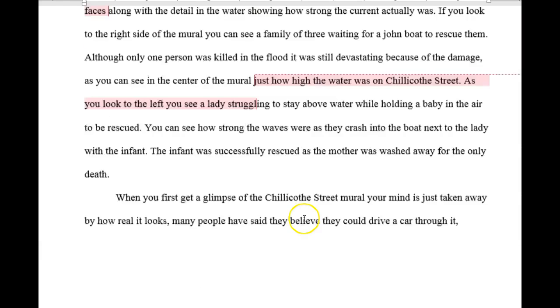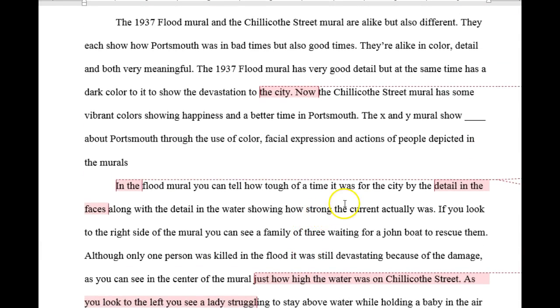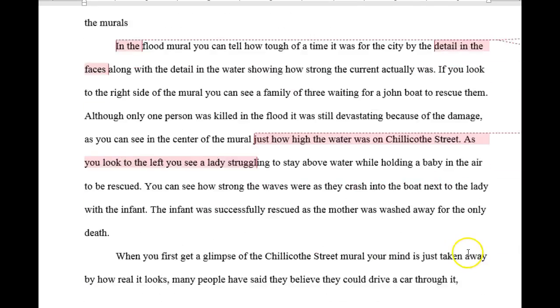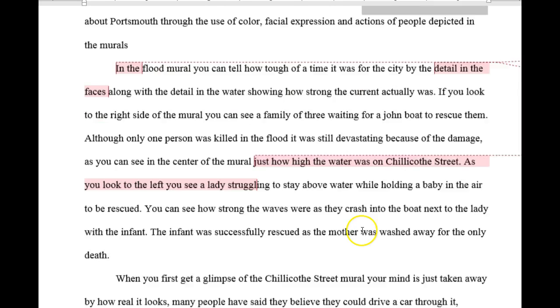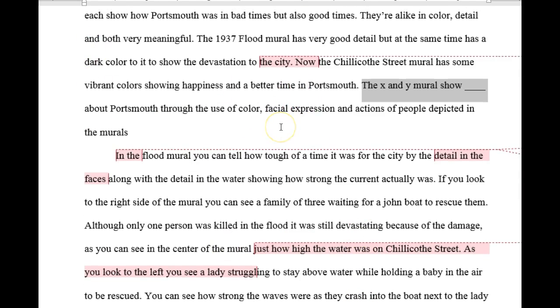All that kind of needs to come after figuring out this. What is the message here? What is the thesis statement? And it doesn't have to be a pretty one for a draft, but it should kind of hint at where the paper's going. Once you get that figured out, once you're able to kind of get paragraphs that are focusing on things like color, facial expressions, actions of people in the mural, then there's a conversation to be had about how you're going to sequence your ideas. So like, why begin with a paragraph about color and then facial expression? There needs to be a reason why you're locating paragraphs in the place that you have them.